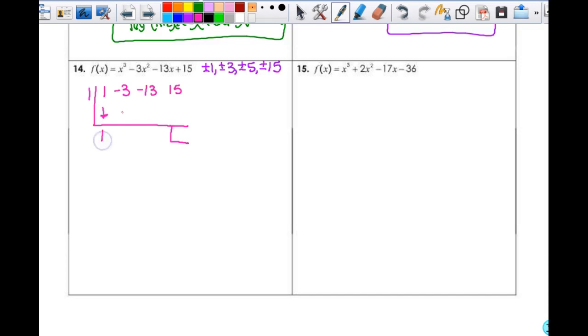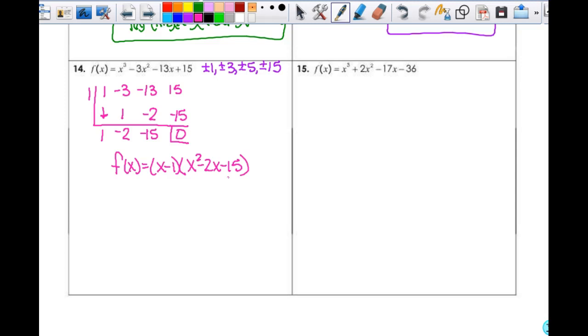So 1, 1, negative 2, negative 2, negative 15, negative 15, 0. So that's good news. So f of x is equal to x minus 1 times x squared minus 2x minus